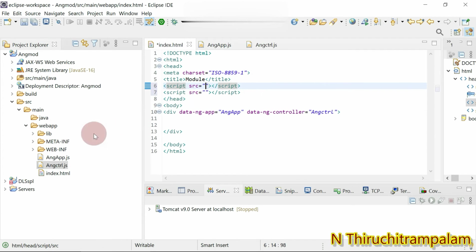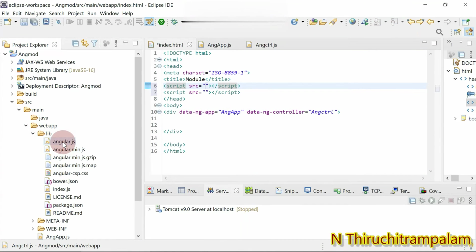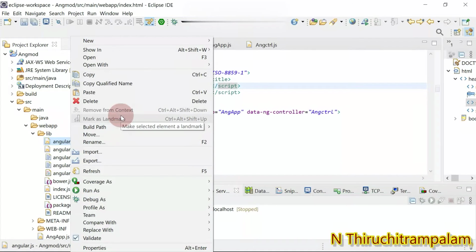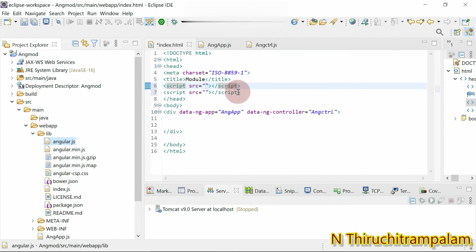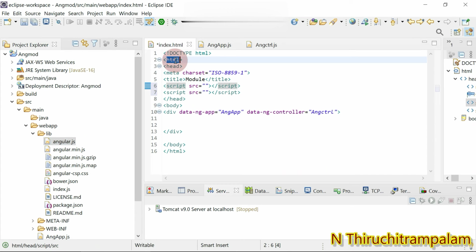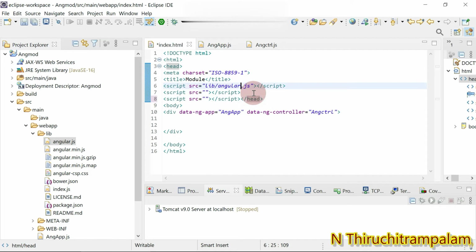We initially need to see, you can see the angular.js file, right? So this file name should be given, so that the AngularJS file is linked to the HTML file. Alright, so we need to give it here. We don't need to have the complete path. It can start from the lib folder. Alright, that's it. Now we have created two AngularJS files, right?